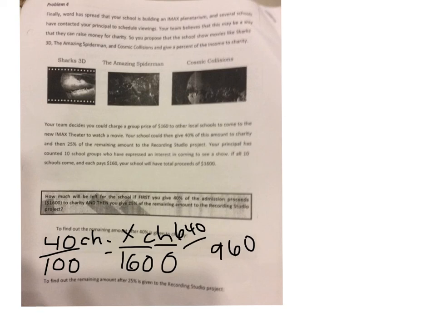So now they're going to give 25% of whatever's left. So that 25 is going to be 25 over 100. And you're going to give 25% to the recording studio. So I'm just going to put RS. So over here is the recording studio's amount. You're going to take 25% of what's left. The leftover is 960, so that's going to go on the bottom. You're going to multiply across and divide. So 25 times 960, divide by 100. You're going to give the recording studio